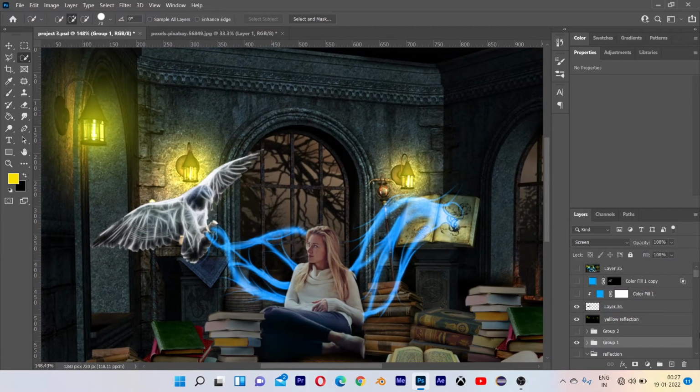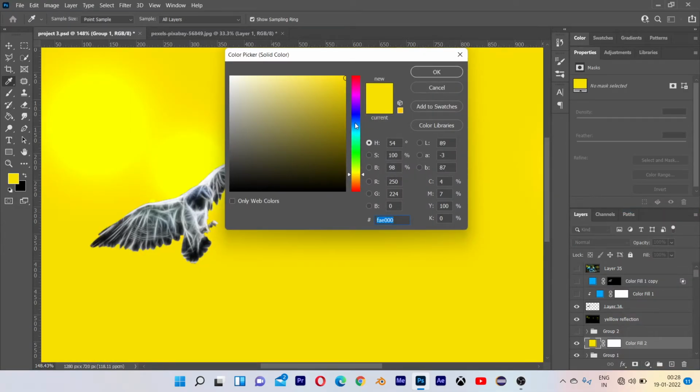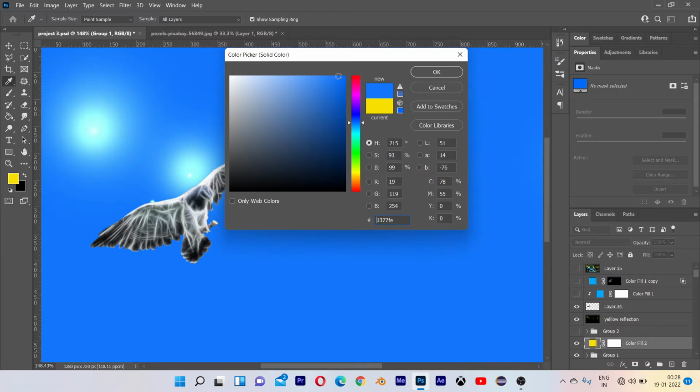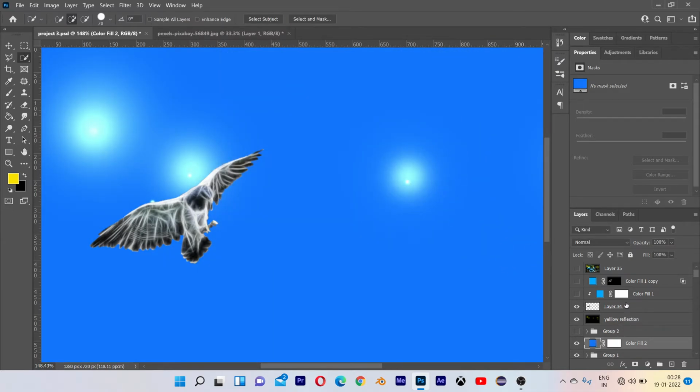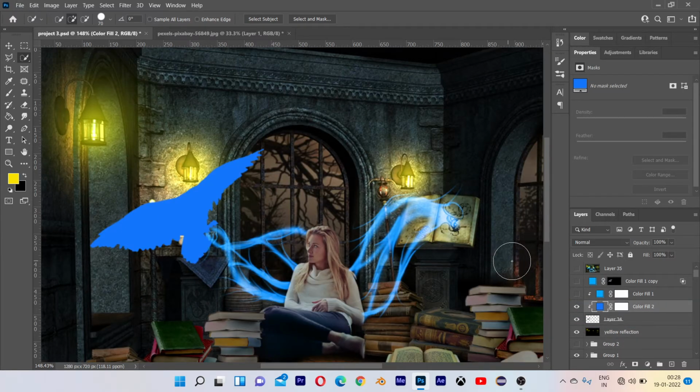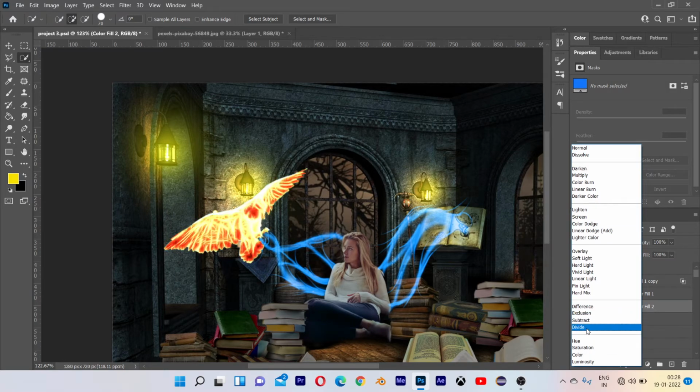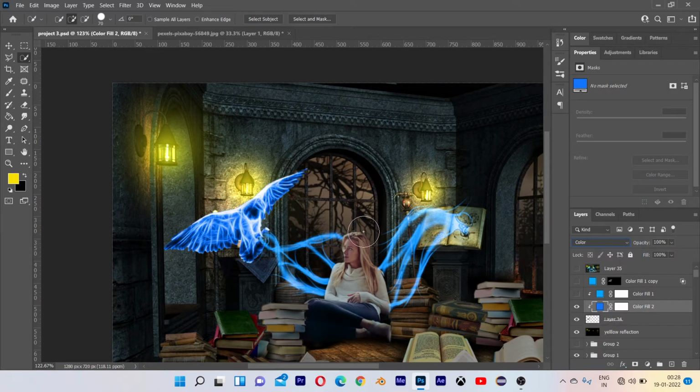To make it blue, we will go to fill, solid color, blue color selected. Press OK. Press OK, clip it inside, and blending mode to color. Okay.